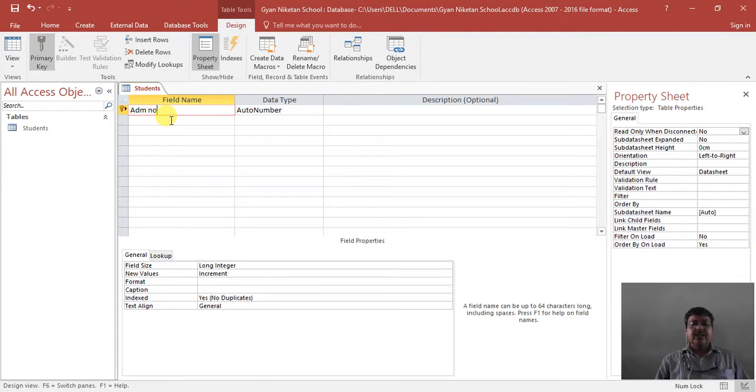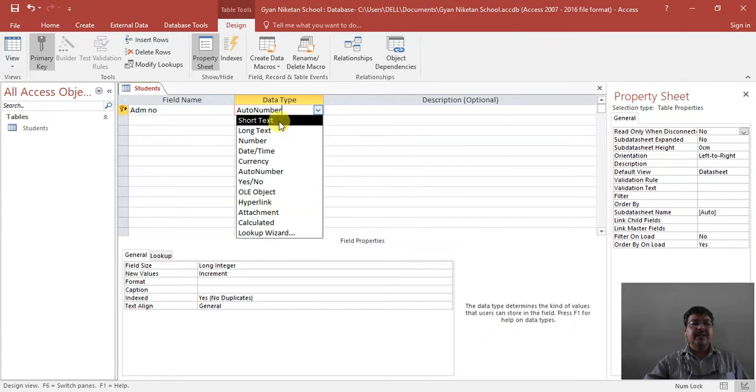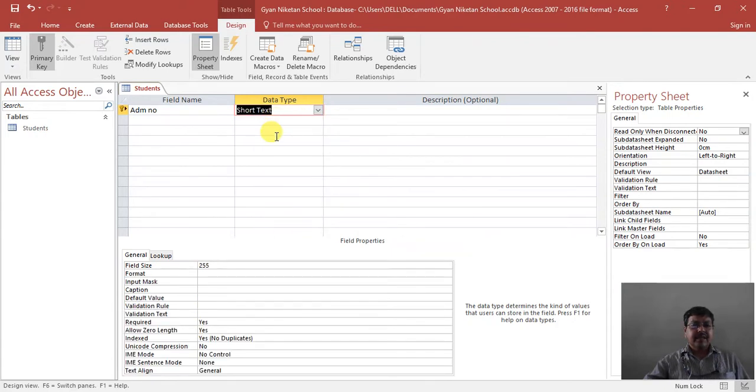You are not allowed to enter full stop, exclamation mark, or symbols. Then you can select auto number if you want to insert the number automatically, and if you want to enter the number yourself, then select short text. In short text you can enter both alphabets and numeric data, but you are not allowed to do calculations.